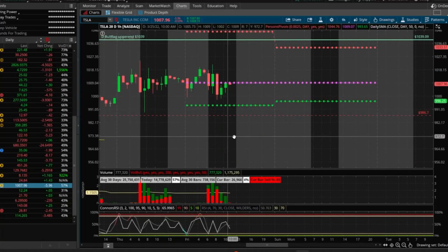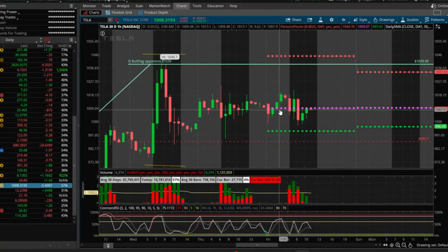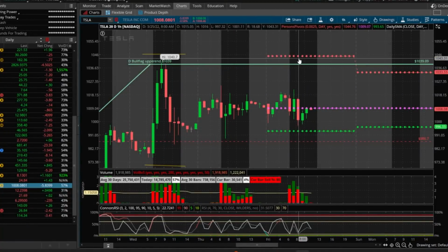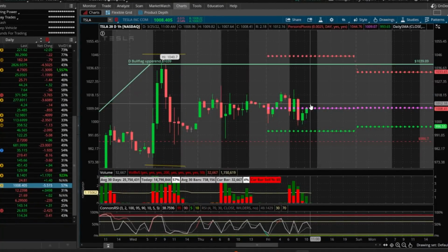So on the hourly chart, it is another evidence of consolidation. It is consolidation in the middle pivot point here at around $1,009. And so it has not been making a major move one way or another. The upper pivot point for today would have been 1045. That would have sent it back up to the upper end of the bull flag, but it has not gotten